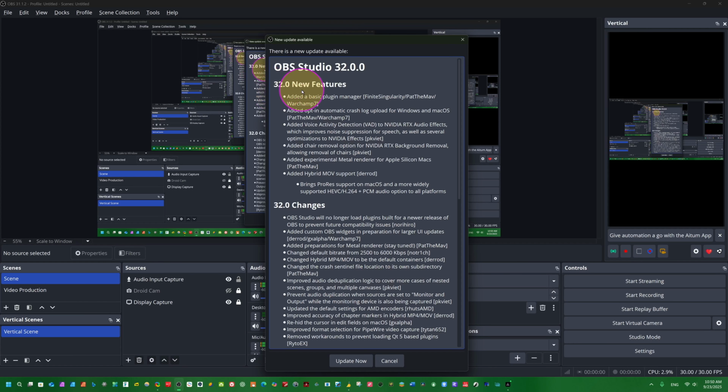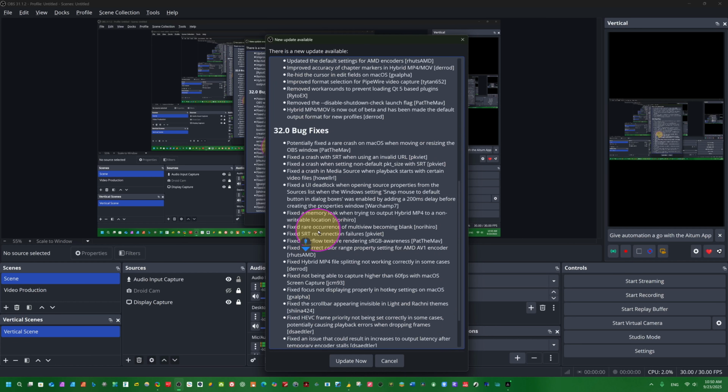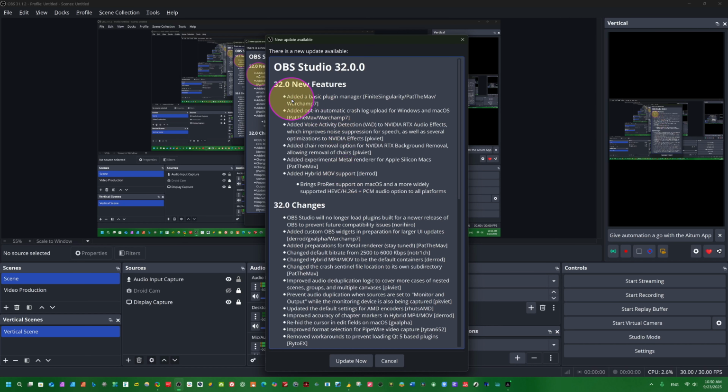You can see here the new features. Some new features have been added, there are some new changes, and there are some bug fixes here. Let's see the major new changes. Added a basic plugin manager. Added opt-in automatic crash log upload for Windows and macOS.